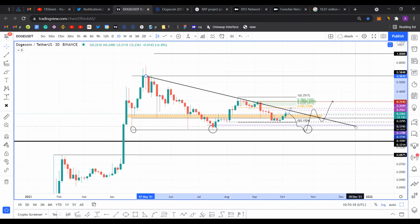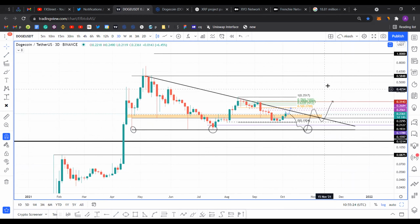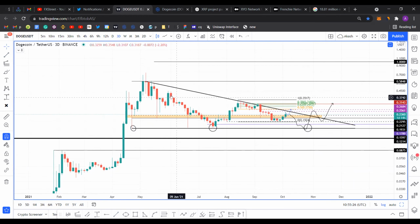which is a descending triangle, a very loosely drawn descending triangle, may I add, right? So this could be where it bounces. Probably Elon Musk comes out here, puts out a bullish tweet. No idea, but I am expecting bullish things from Dogecoin if it ever comes down to 0.16,